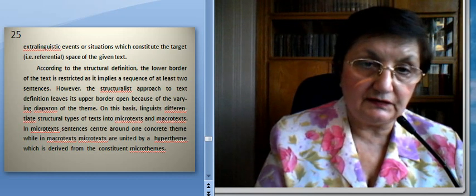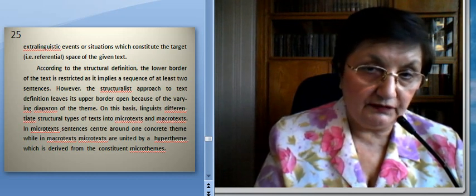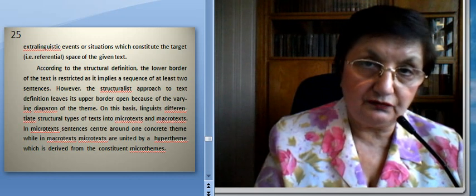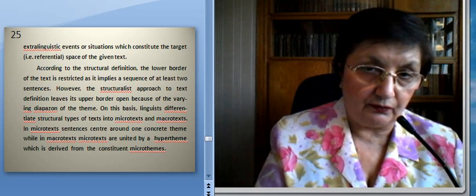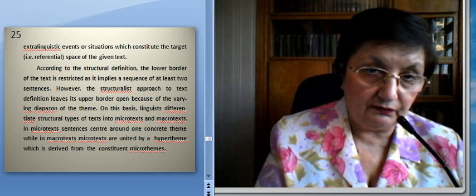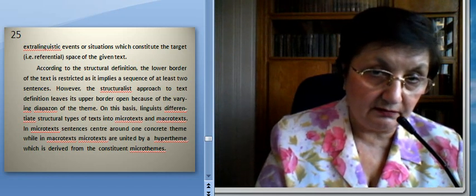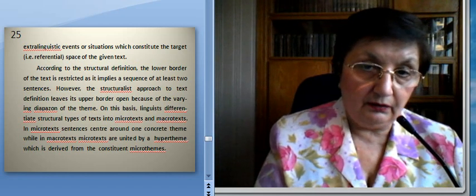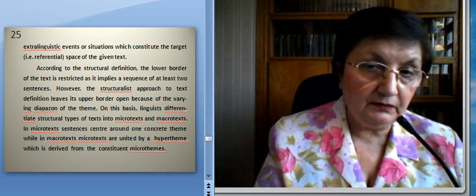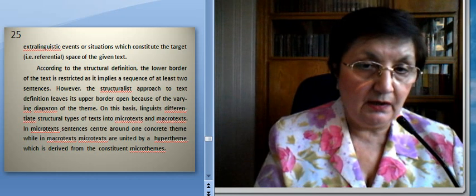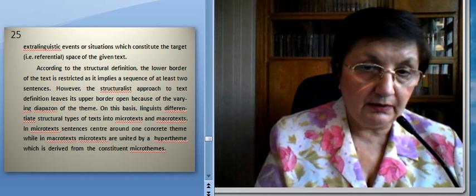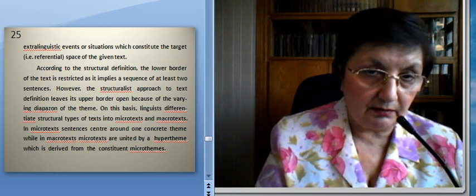On this basis, linguists differentiate structural types of text into microtext and macrotext. In microtext, sentences center around one concrete theme, while in macrotext, microtexts are united by a hypertheme which is derived